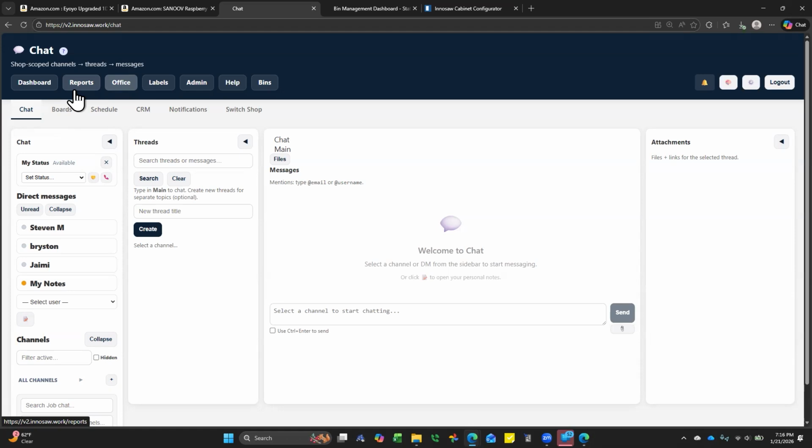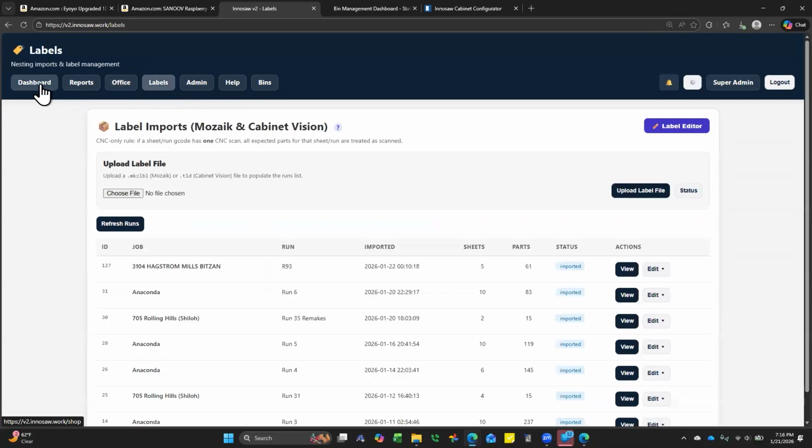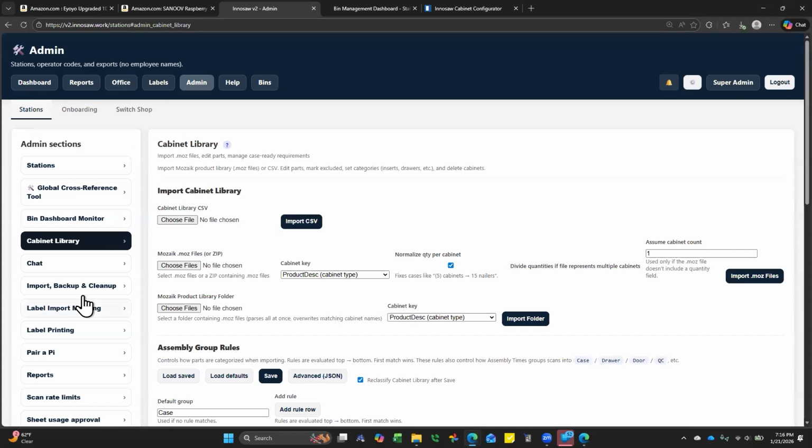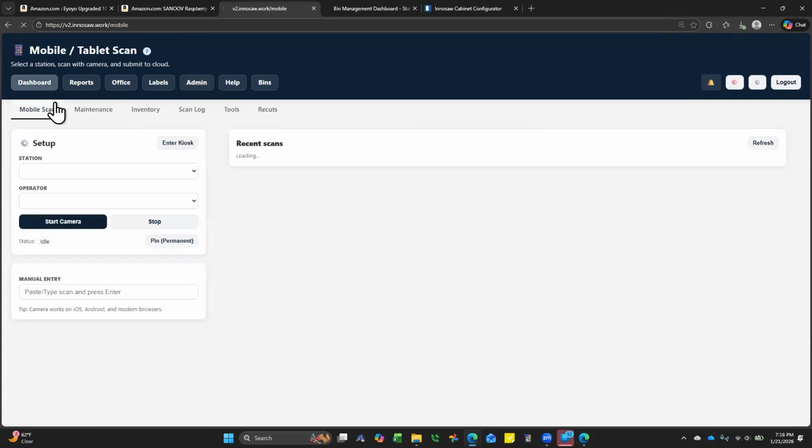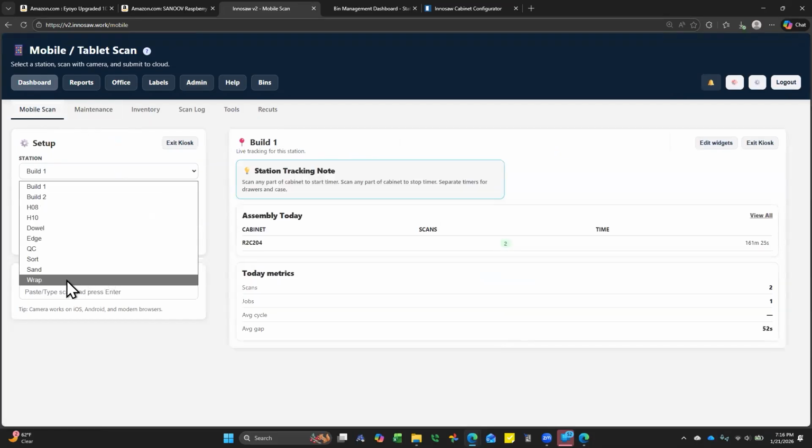So we already have a bill of materials from the label data. All we're doing is taking that data and quantifying how it's processed through the system, to know that all the parts were processed and it's ready to go. So we're taking that and rebuilding it back out. But you could have a station, say shipping and receiving, where we scan everything. It says every cab is here, every part is here, all the extras, and then it puts a time and date stamp and sends that out. Exactly. That was the whole thing, because we even have a wrap station